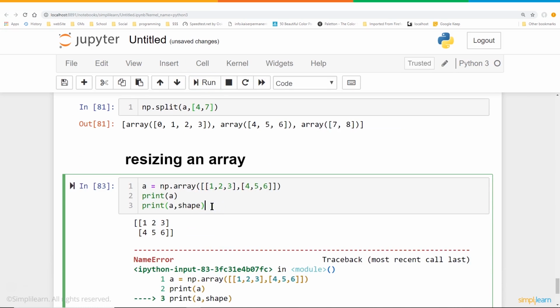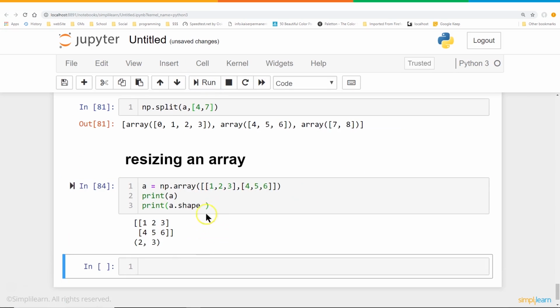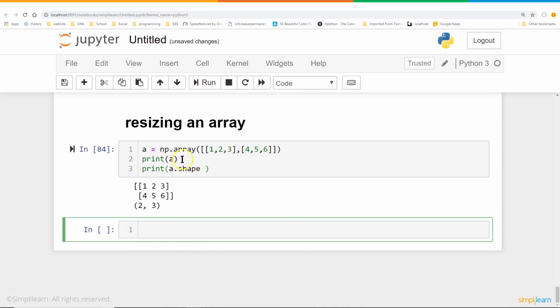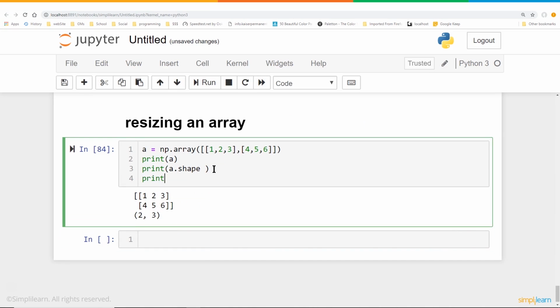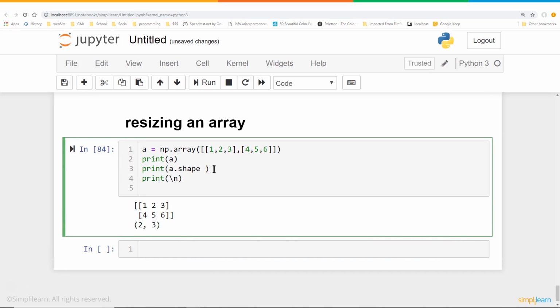Whoops, hit a wrong button there. Hit the comma instead of the dot. So we have a shape of 2, 3 here. And this is important to note because when we start resizing it, it's going to mess with different aspects of the shape. And so we'll go ahead and do a print for a blank line. There we go. And let's do B equals